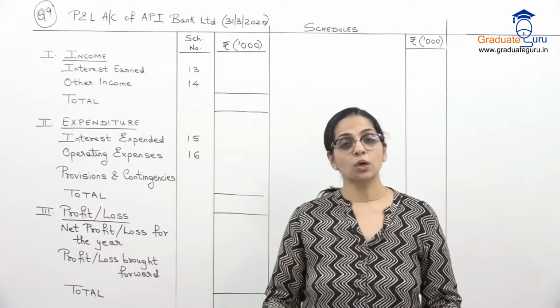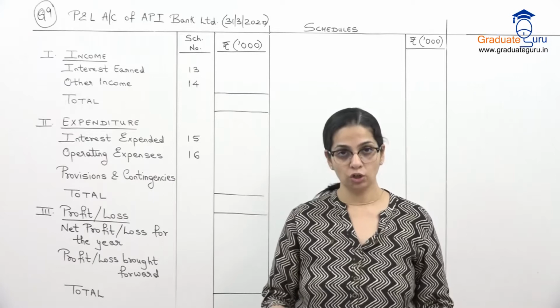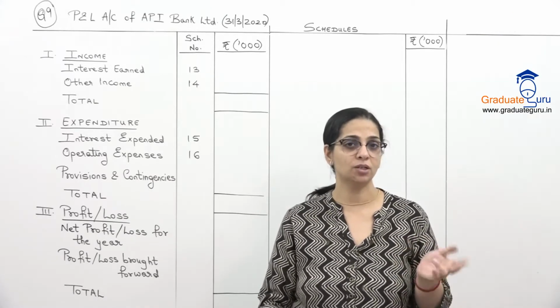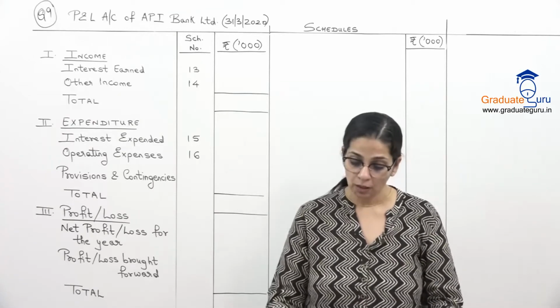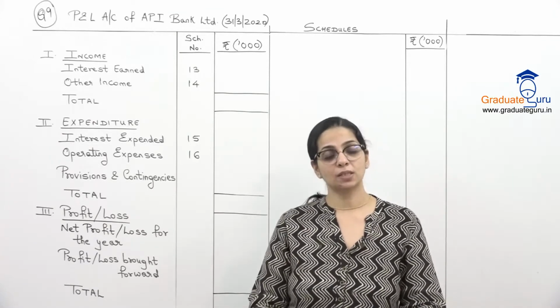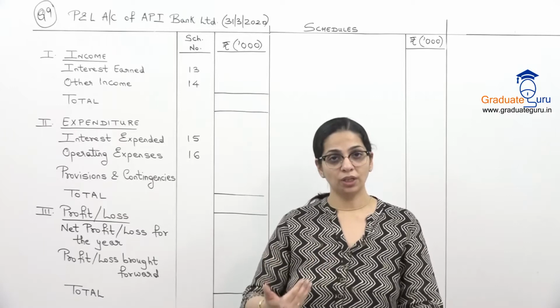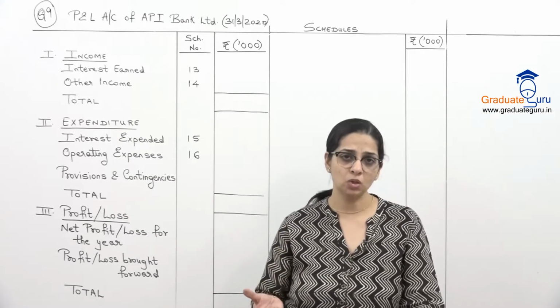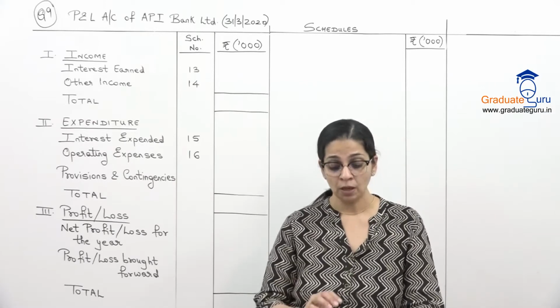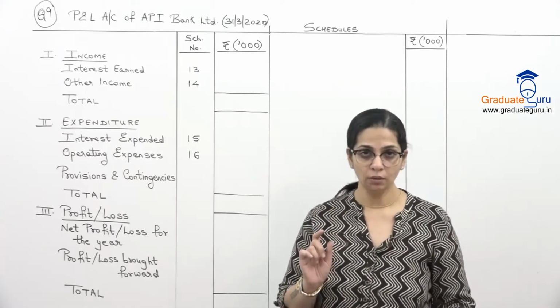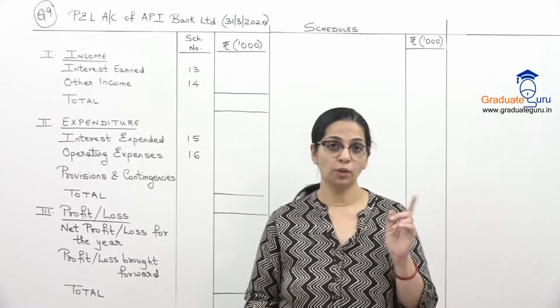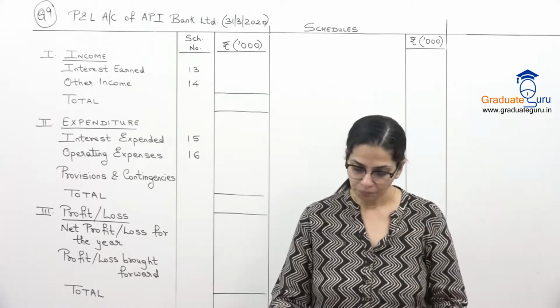Commission on letters of credit. This is also your schedule 14. This is also commission received but not directly related to banking activities. Discount on bills discounted. This is discounting जो बैंक करती है bills का, which I have already explained. We've done a few sums also based on bill discounting. So this is the income for the bank and this is its normal banking income. So this goes in the schedule number 13, the first schedule.